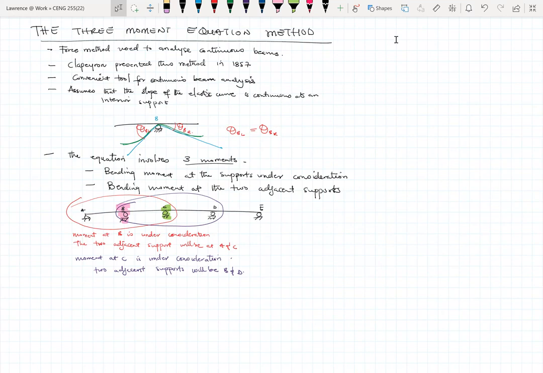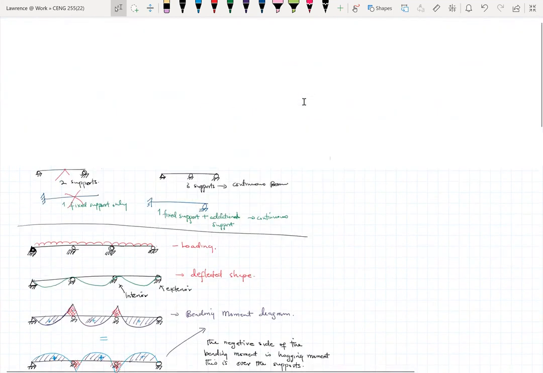The geometry method is used to analyze structures by calculating deflections and then slopes, or rotations. And then from there, I think we were introduced to